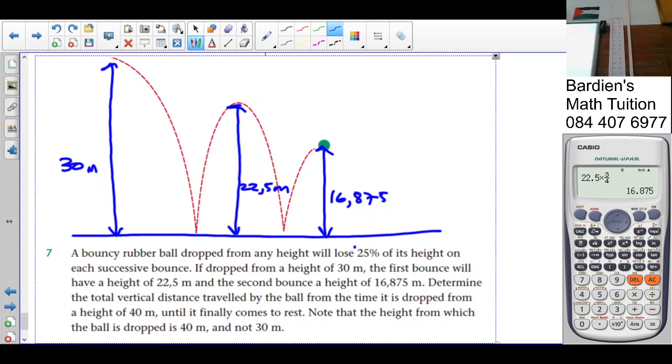Rubber balls drop from a height and then lose 25% of its height in each successive bounce. We drop from a height of 30. The first bounce will have a height of 22.5. The second bounce will have a height of